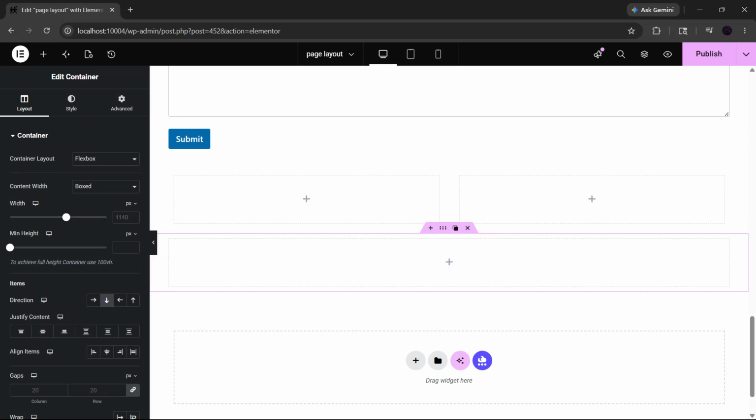In this video, I'm going to show you how to use the Image Box widget in Elementor step by step so you can create clean, professional looking content blocks with an image, a title, and supporting text all in one place. This is a super useful widget for adding feature boxes, service highlights, team sections, callouts, and more to your